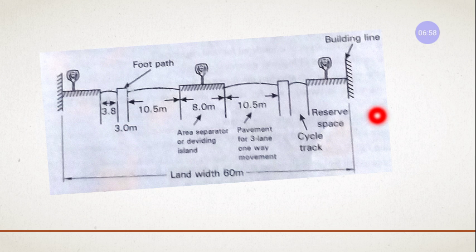This is how the cross sections are taken and provided on the actual surfaces. These different types of road sections are used for different types of roads. For different types of roads, different types of cross sections have been provided. You have to just understand these drawings and be prepared from the exam point of view. This might be asked for 5 marks or might be asked for 10 marks. So it is a very important part of your section. And this completes your first unit, after completing the 8 lectures.